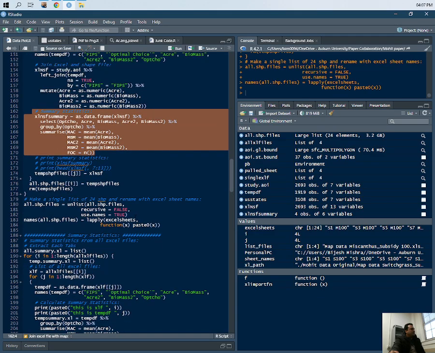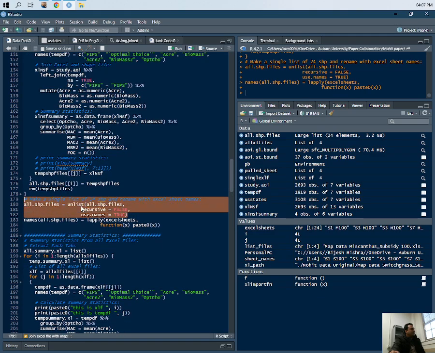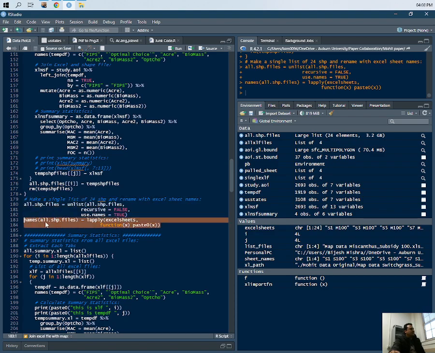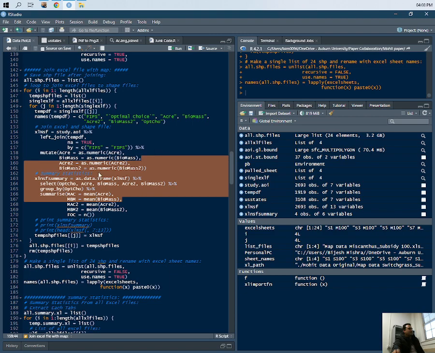And here again I'm making another list. Finally I'm renaming this save file based on the name. There are 24 different data frames, and each Excel sheet has its own name. So I have to give the name of the Excel sheet to the data frame, and this is what this code is doing. So it's basically renaming. If I run this part,